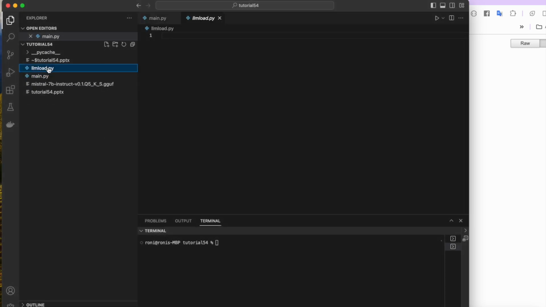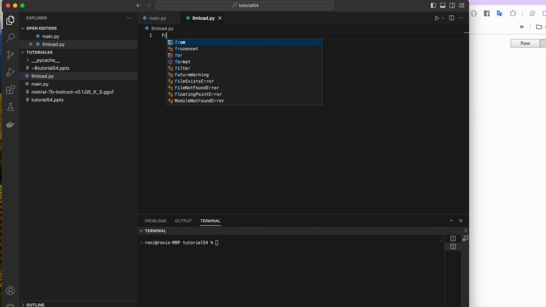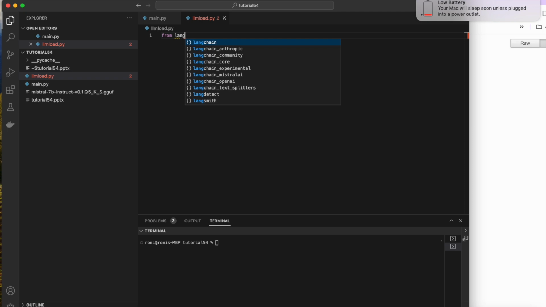So main.py and LLM. I'll create a function to load our LLM first. I'll be using CTransformers. There is a utility within LangChain that will help you load any open source LLM. So how to load that? From LangChain